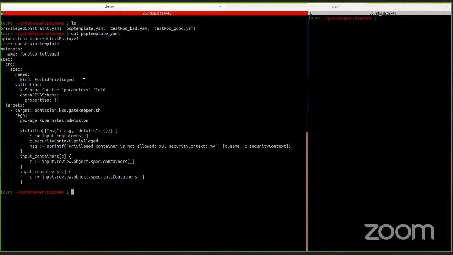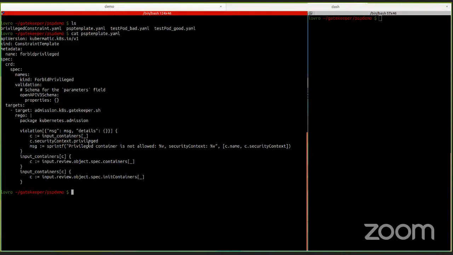So here, this touches on something that pod security policy was doing before. For the pod security policy, you could disallow creating pods which have security context privilege set to true, so basically giving them root access. And in this language, I won't go too far into it, but you can see that there is a violation described here, and it goes through all the input containers, which can be either the containers or the init containers, and it checks if the security context privilege is true, and if yes, then it writes a message and